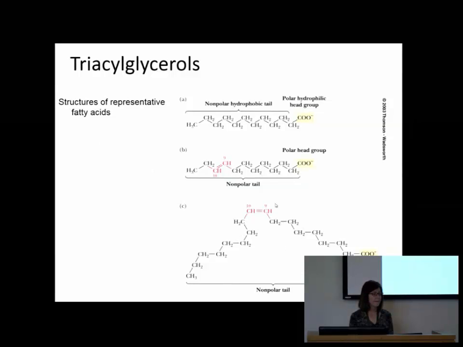Now, when we name our fatty acids, which I'm not going to require you guys to know, but I just want to introduce to you, there's a formal name based on the length of the carbon chain. So this is dodecanoic acid. Remember, oic is for carboxylic acid, and dodec stands for 12. I'm not going to expect you to remember that.